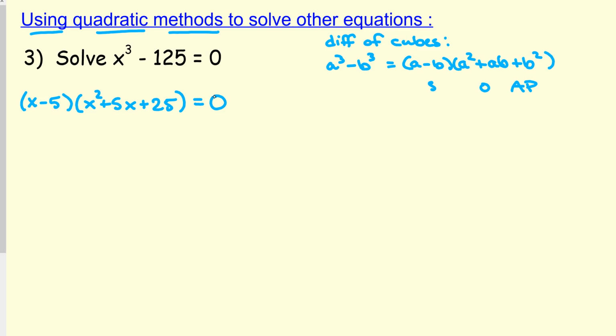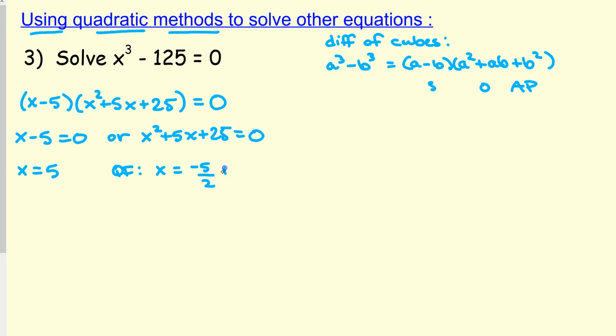So we can use method number 1 that we went over the other day, which was solve by factoring using the zero product property. So we're going to set each factor equal to 0. x minus 5 equals 0, or x squared plus 5x plus 25 equals 0. So we solve each one, so we get x equals 5. But the quadratic equation on the right is not factorable, so we're going to use the quadratic formula. So we have x equals the opposite of b over 2a, which would be negative 5 halves, plus or minus the square root of b squared, 25, minus 4ac, which would be minus 4 times 1 times 25, over 2a,